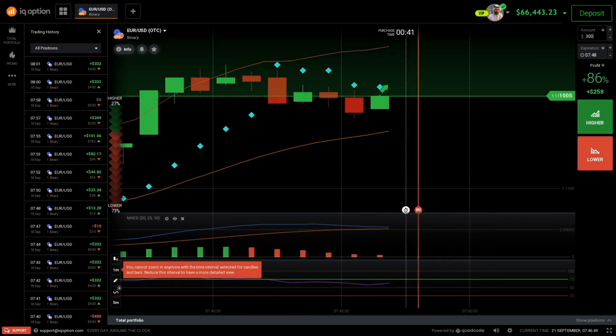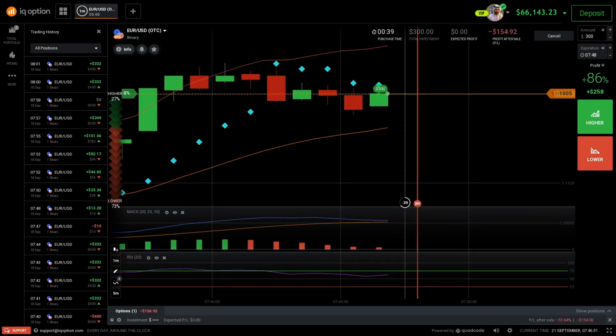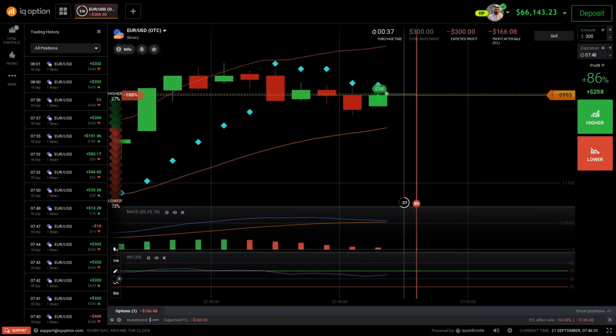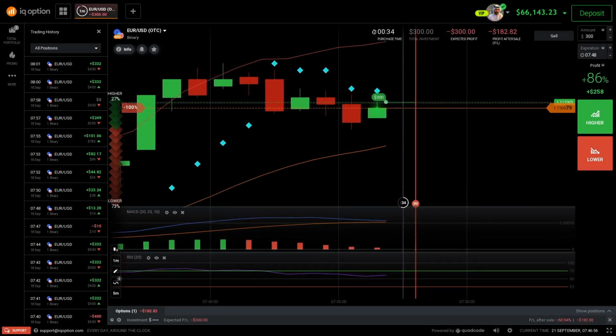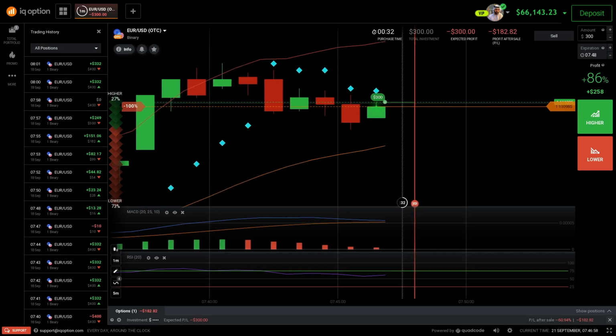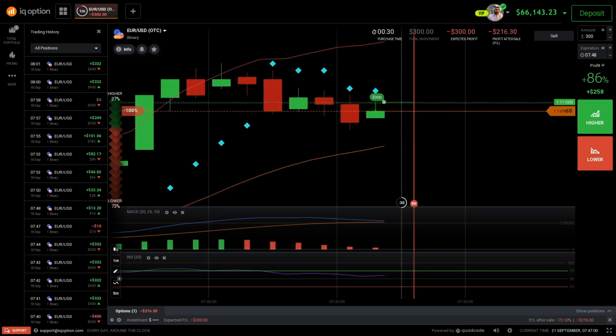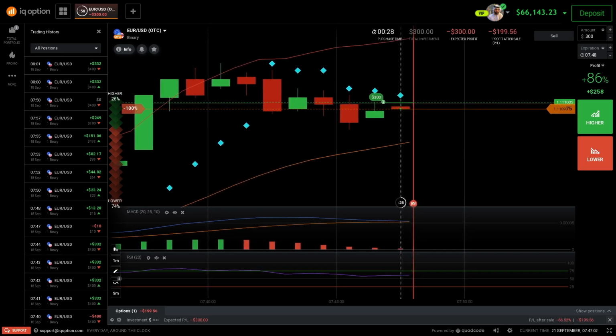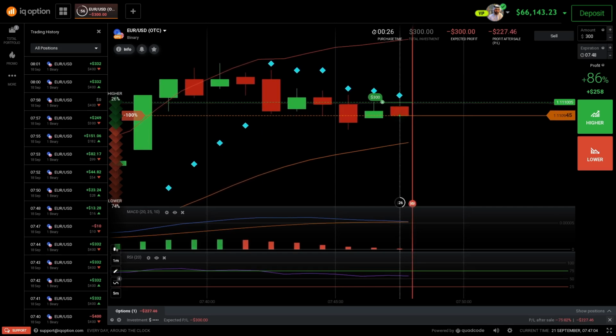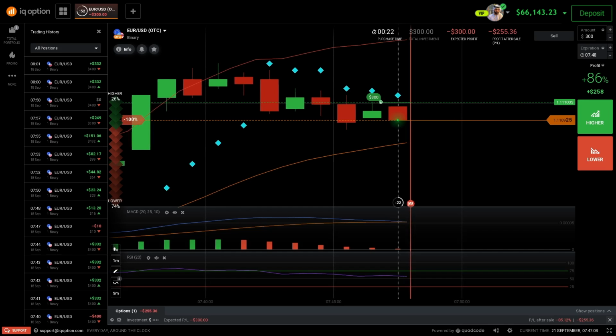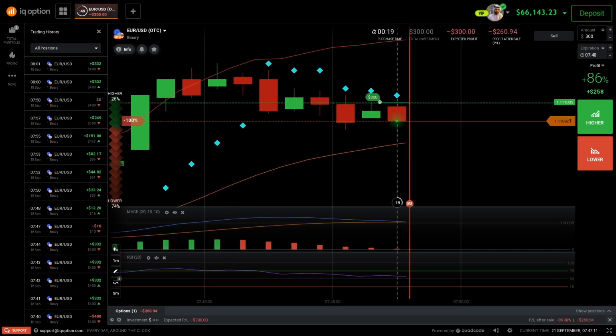Let's go up first with $300, because I got this signal today after looking for 5 hours. This was not the best one, but I finally found this signal and I'm trying to make profit from the next 12 candles or so. So, as I was saying, guys,